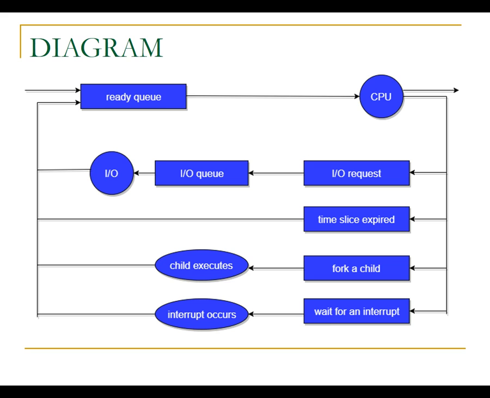This is the second part of the process state diagram, where you can see several components like the ready queue assigned to the central processing unit. The central processing unit forwards it if everything is perfect, otherwise it checks for the input output request or time slice. It is considered as a fork child, and waits for the interrupt. If the interrupt executes, it returns as an interrupt into the central processing unit,